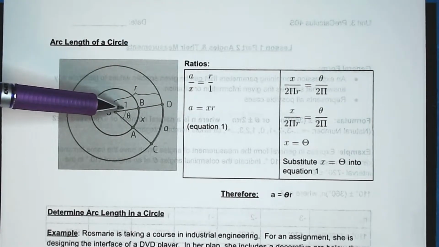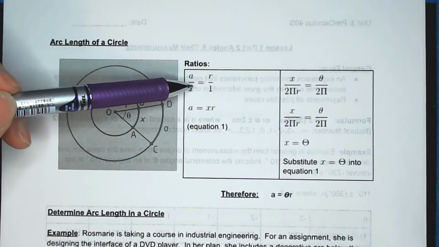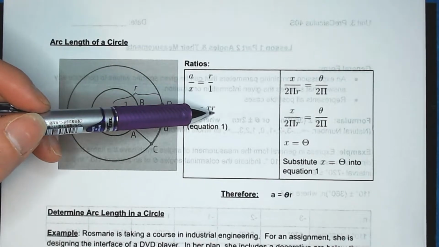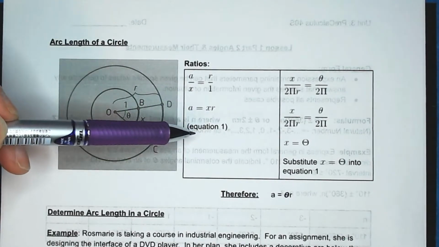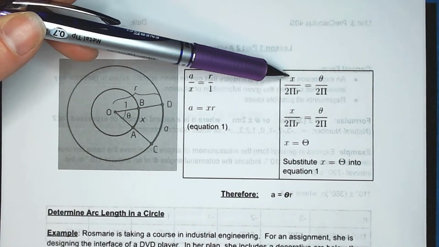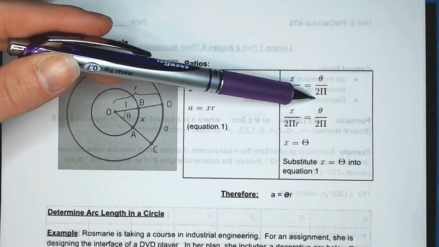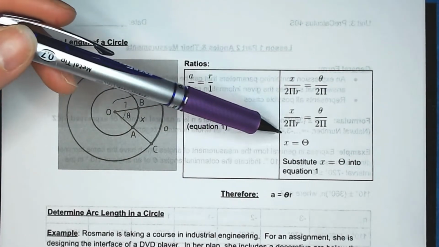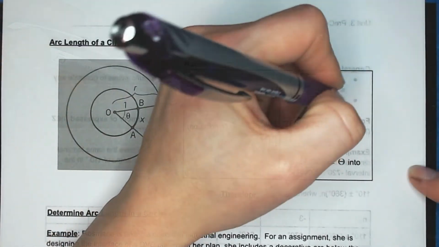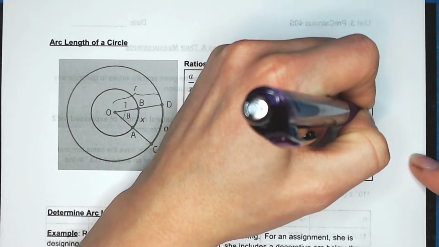We're given a radius of 1, and then we have a bunch of unknown values. So when we just cross multiply this, we have A is equal to x times r. This is equation 1. Now, on the other side, we have x over 2 pi r is equal to theta over 2 pi. And when we sort this all out to solve for x, we will get something that looks like this. X is equal to theta over